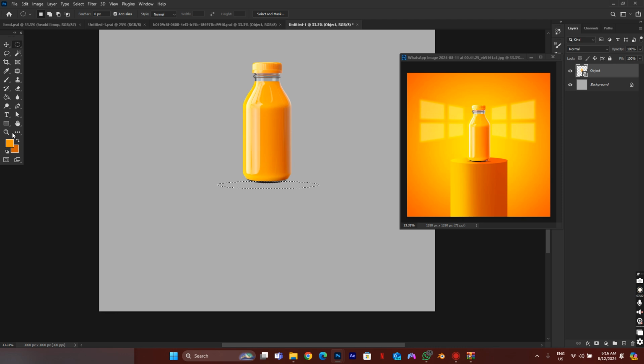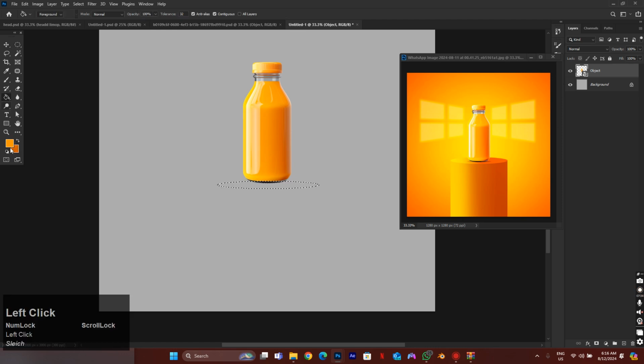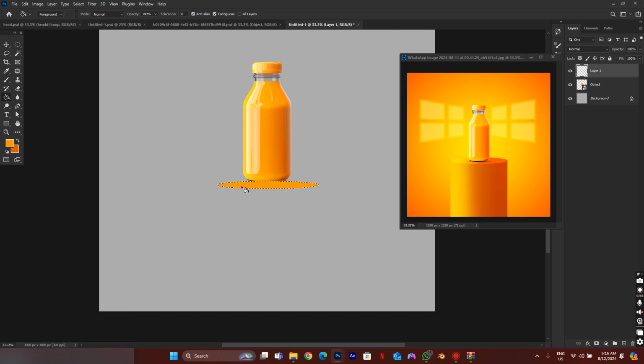paint bucket tool. So I'm going to fill in this selection I did with these colors that is here. So I'm going to create a new layer. Then, if you notice